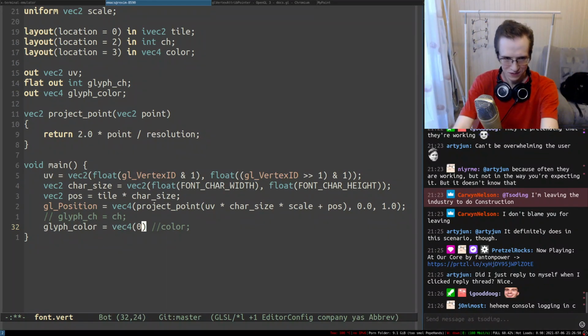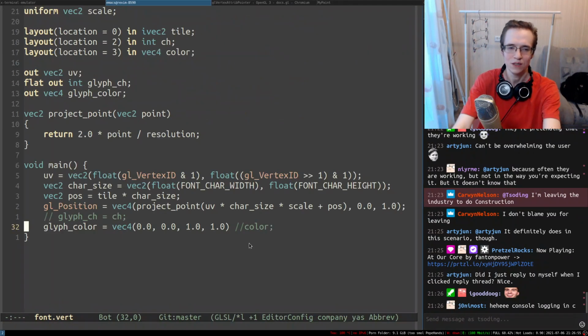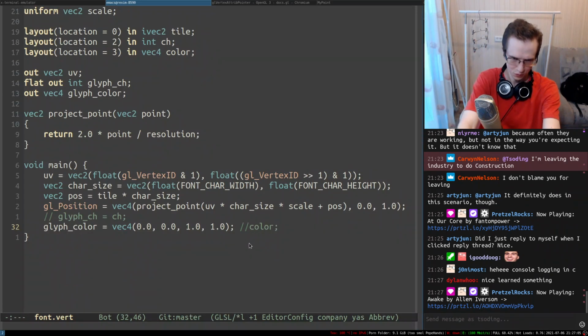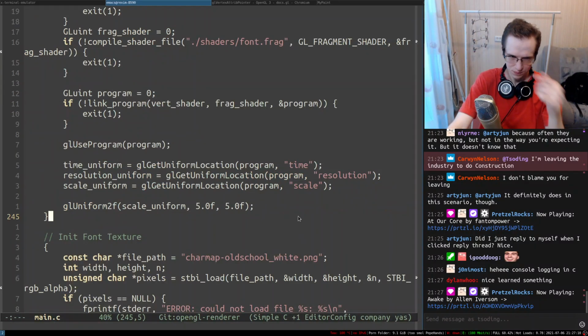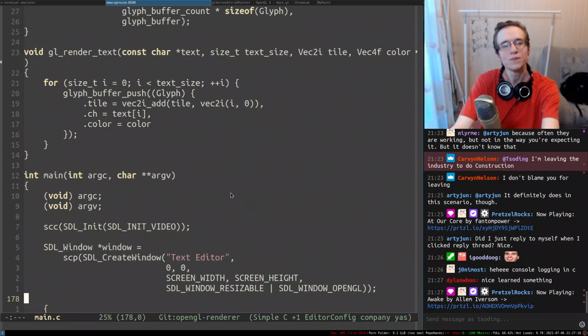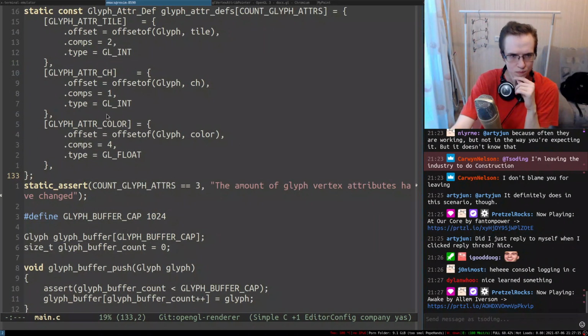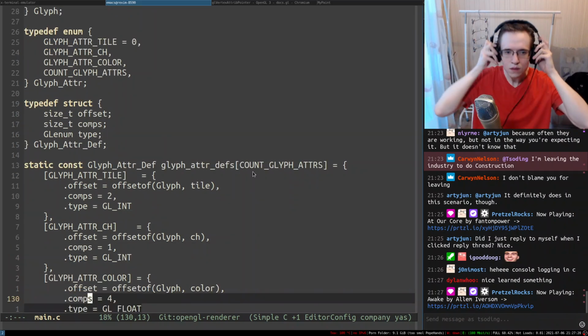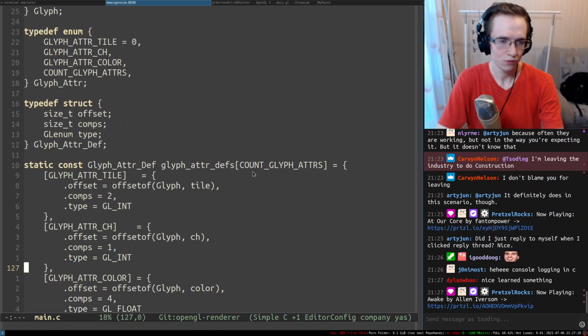So yeah. So you can set the color in here like so. Well, yeah, of course, semicolon. But the color is just not properly set. No, I don't know why. Okay, so let's go. So the color is a bunch of floats, right? The color is a bunch of floats.